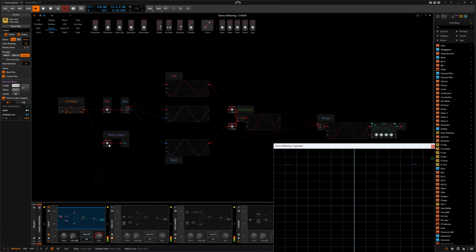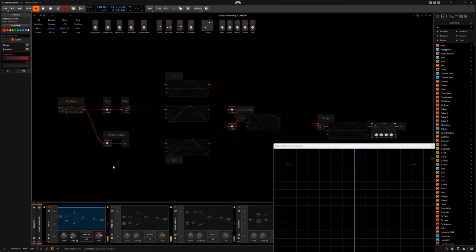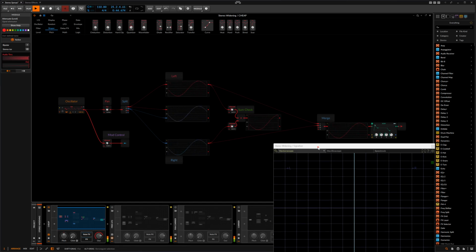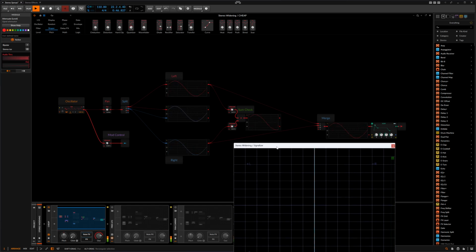I replaced the multiply and the value with this attenuate. It's a little bit simpler. Might not be quite as clear what's going on, but it's just gain. It's a gain control or attenuate in this case. So this is set at 0, and